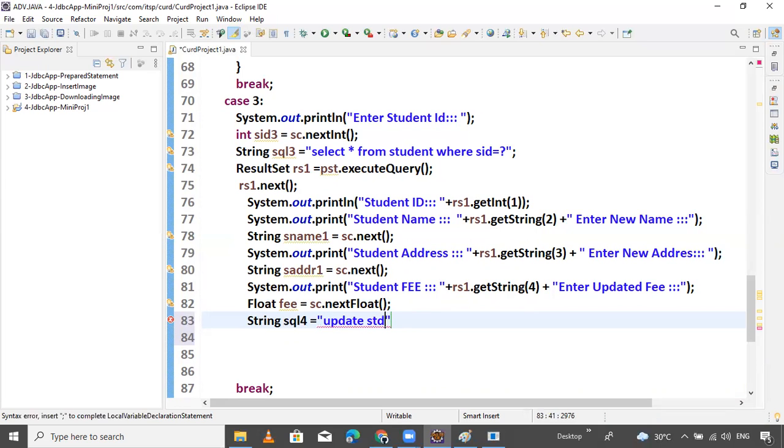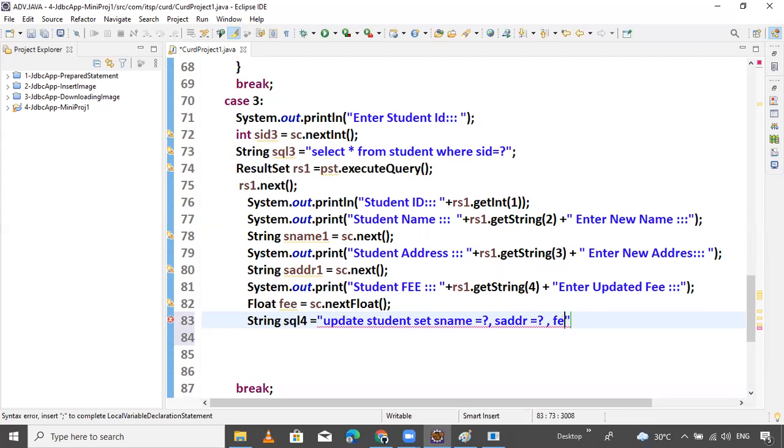Update student set name equals to question mark, comma, ADDR equals to question mark. This is the column, question mark symbol, comma, fee.